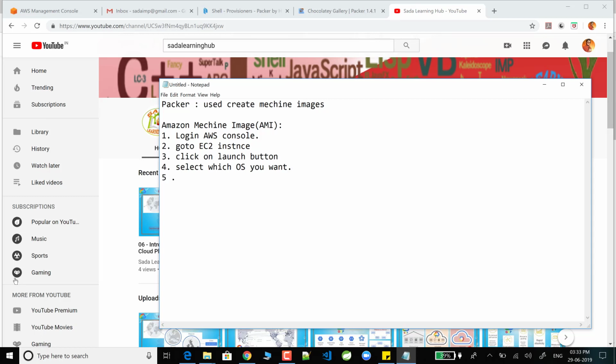The fifth one, do the configuration related to the system. The sixth one, create a private PEM file to access the machine. And the seventh point is launch the machine.